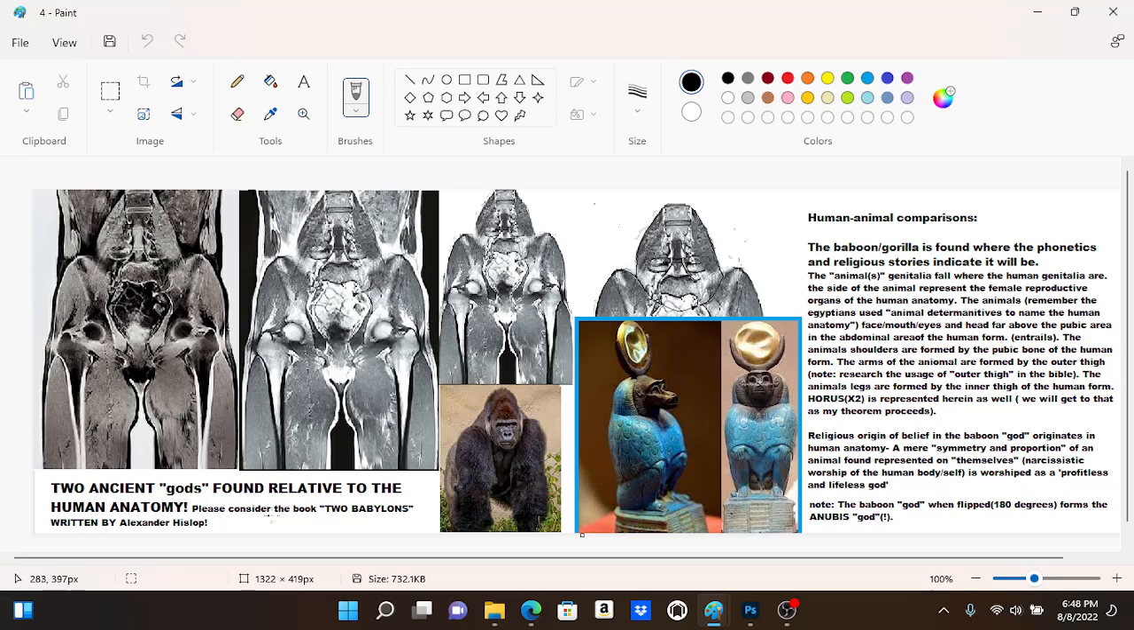I wrote down here also, please, in other words, the 2 ancient gods found relative to the human anatomy. One is the one I've demonstrated here through imagery. The other one is Anubis, the jackal-headed god, which I'm going to speak about and show in the next video. But I do encourage any who is interested in reading a book that was written. It's called The Two Babylons, and it was written by Alexander Hislop. If you can find that book, buy that book, or find some kind of reference to your ability to read that book, that is a very profound and very arduous and very well-researched book